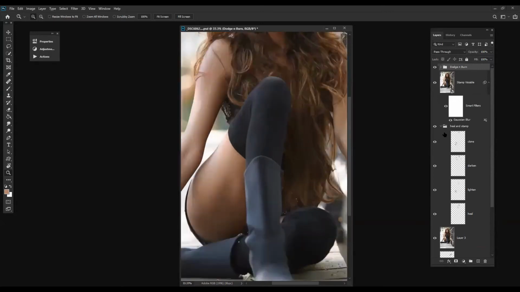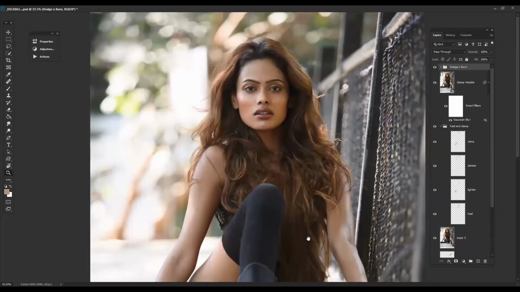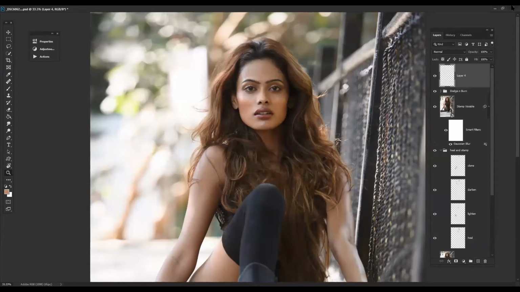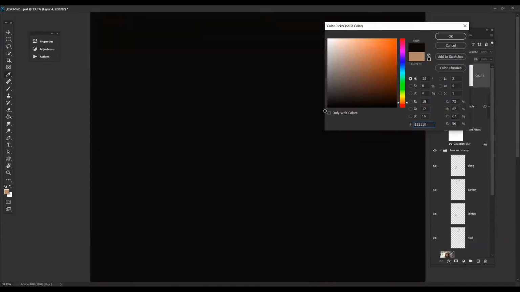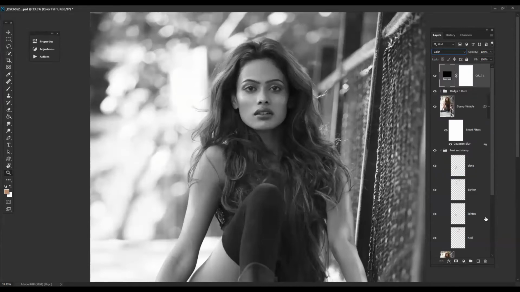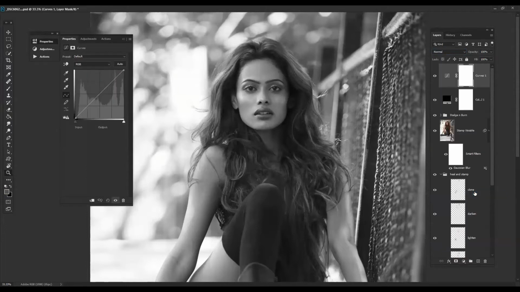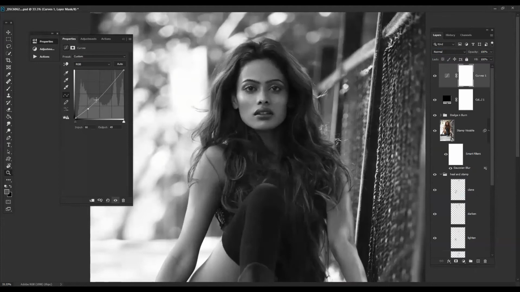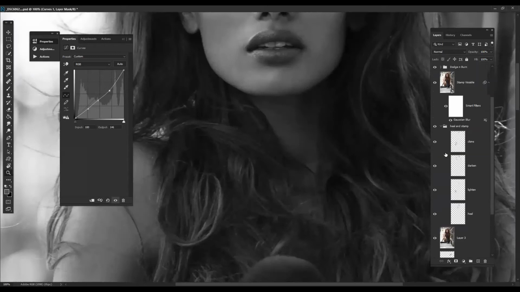So in the checker layer part, we'll make a checker layer. First, fill it with a solid color, any given solid color, black, white or gray. And we'll make a curve adjustment layer. We won't use the black and white layer which I explained to you yesterday. So now we will just make a few adjustments that will help in seeing the flaws of the areas.